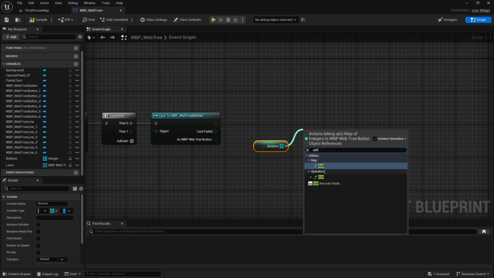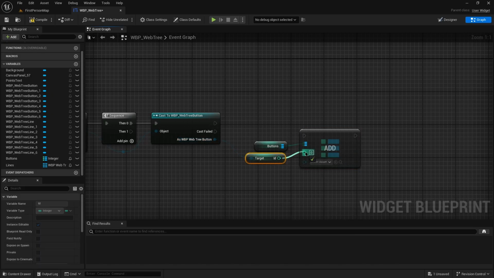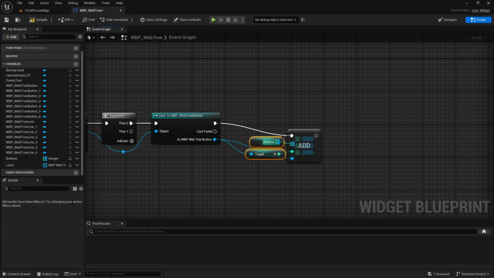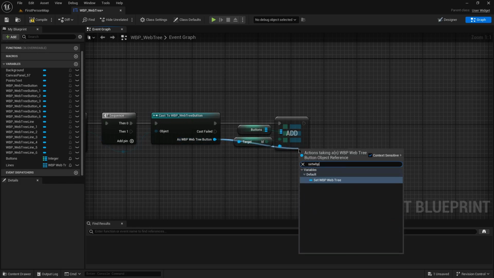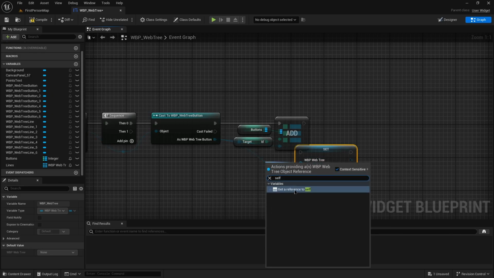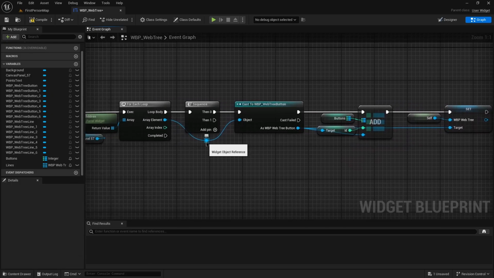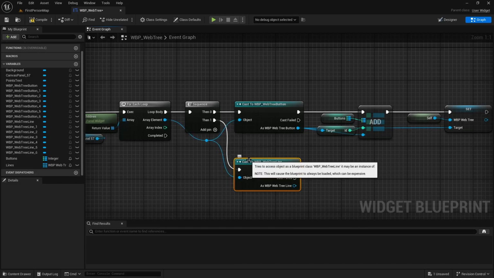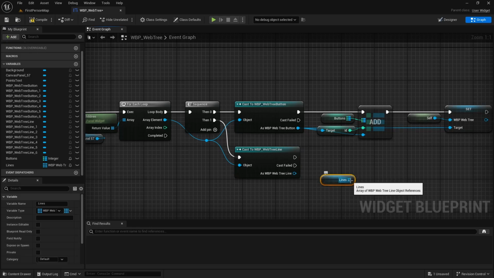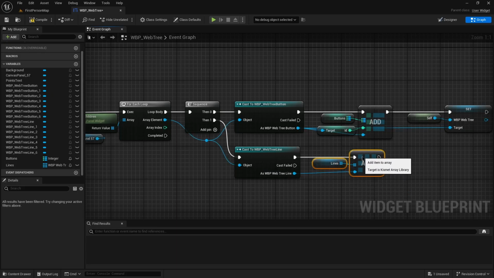We'll drag out our buttons, call add. We'll get to our button ID from here. And in the case of the button, we need to set its WBP Web Tree to self. Also, when the child is a line, we can then add it to our lines array. And when that's done,